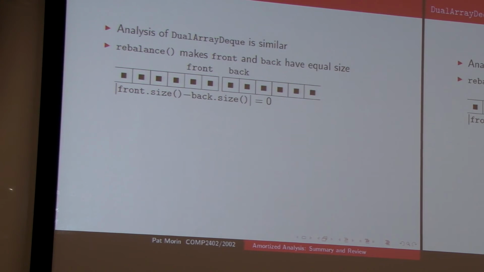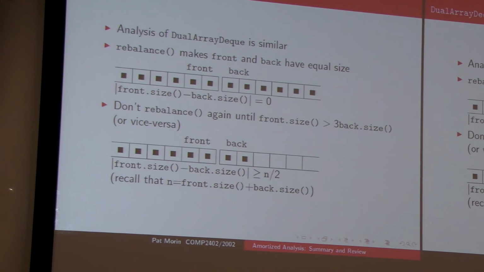And there's a little bit of cheating here because it's not always exactly 0. Sometimes it's 1 because the number of elements is off. So that doesn't add up to anything. And then we don't rebalance until one gets to be 3 times as big as the other. So that means that the difference in size now is at least half the number of elements. One of them has at least 3n/4 elements, which means the other one has at most n/4 elements. The difference between 3n/4 and n/4 is n/2. So when we're about to rebalance, the picture looks like this. That's the situation,